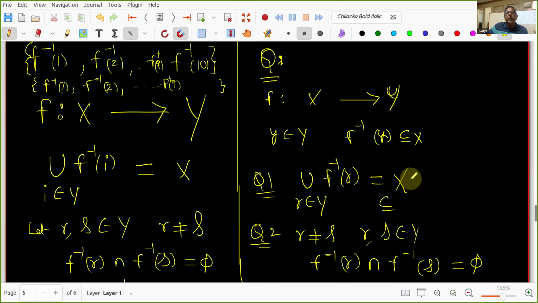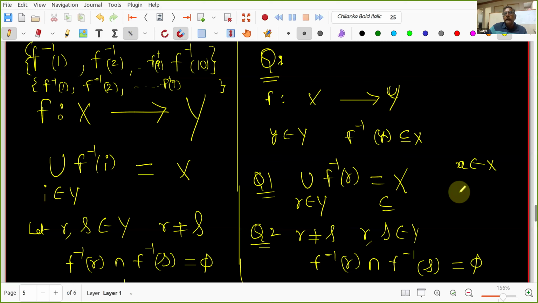Correct. Now we need to show that X is a subset of that. How do you prove it? Wonderful. So I take a small a belonging to X. How do you show that it is in one of them? That is important. If you understand this, it is done. Thanks for starting. So if I take an a in X, then there is some r in Y such that